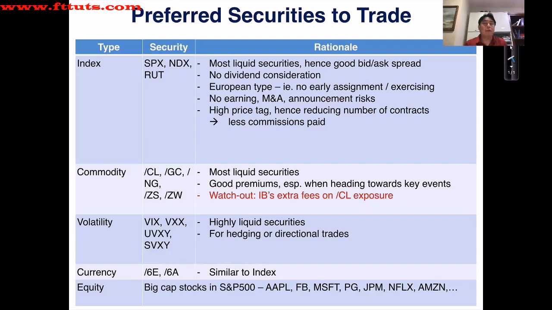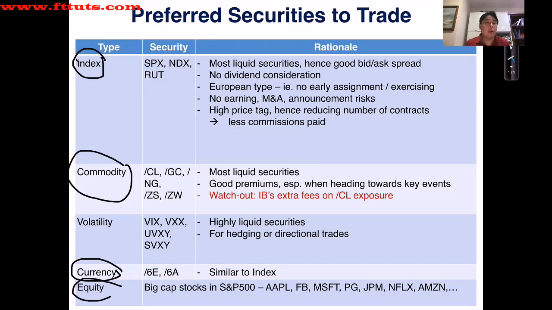Now, I've mentioned before that you can trade options on many securities, not just on stocks, but also ETFs, indexes, currencies, and futures, which are commodities like oil and gold. Now, personally, for Bang and myself, when we trade our portfolio, we actually prefer to trade options on indexes and commodity futures, all right, and currencies as well. We rarely trade on specific equities actually, and I'll tell you why in a while.